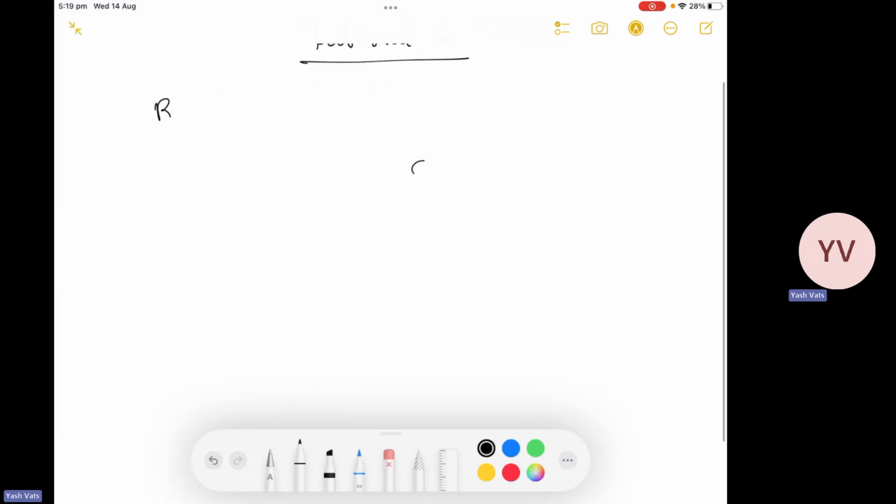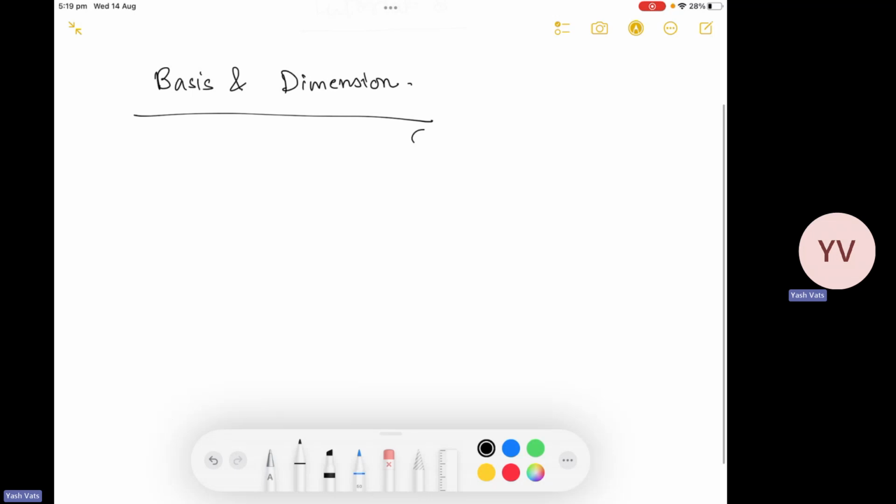Yes, so I have discussed what is basis and dimension in the last tutorial. Now we try some questions based on that. And in the third tutorial also we have the same kind of stuff. Let me see. So the first question is,